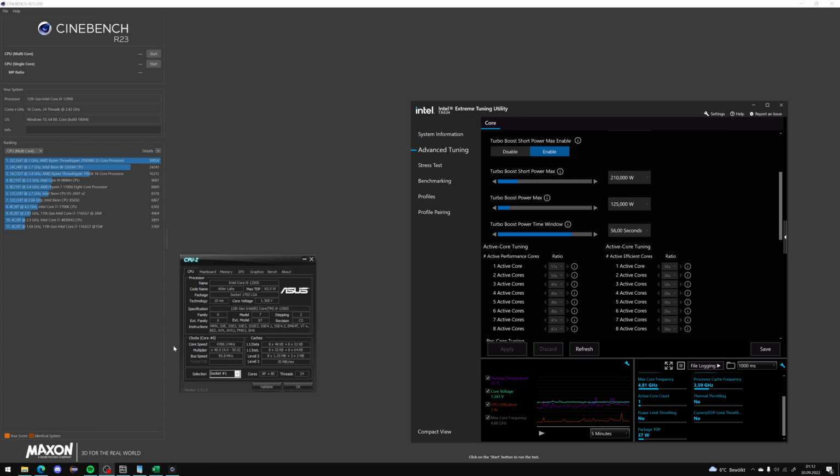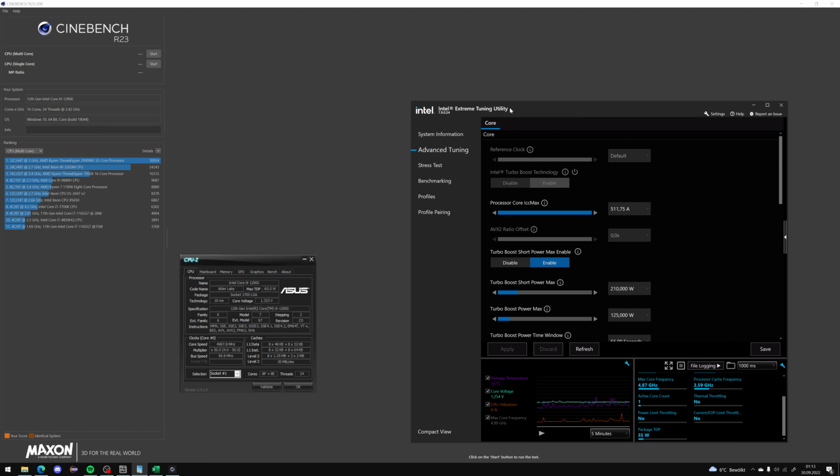I got myself a 12900, not K, and this is basically a 250 watt CPU as it appears, even though it says 65 watts here. I had to figure out a quite, let's say, creative solution to my cooling problems because I do not own a cooler capable of cooling 250 watts. I do own a cooler capable of cooling 200 watts, borderline 210. So I configured that in Intel XTU,